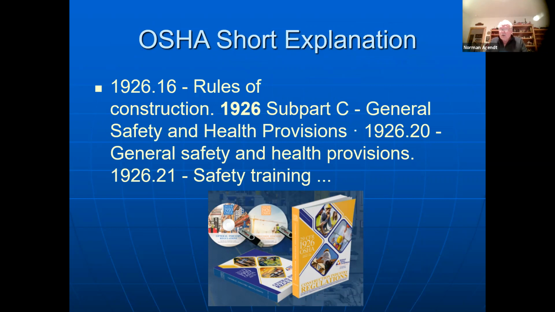1926 is the rules of construction, and this is under OSHA. There's many sections to it, and I could do a whole class just on 1926. Another book here is 1910, which is general industry. Basically, 1926 builds the project, whether it's a road, bridge, building, or any other type of structure. And once it's constructed, then it falls under 1910, and these are federal standards. The state of Wisconsin has adopted these standards.